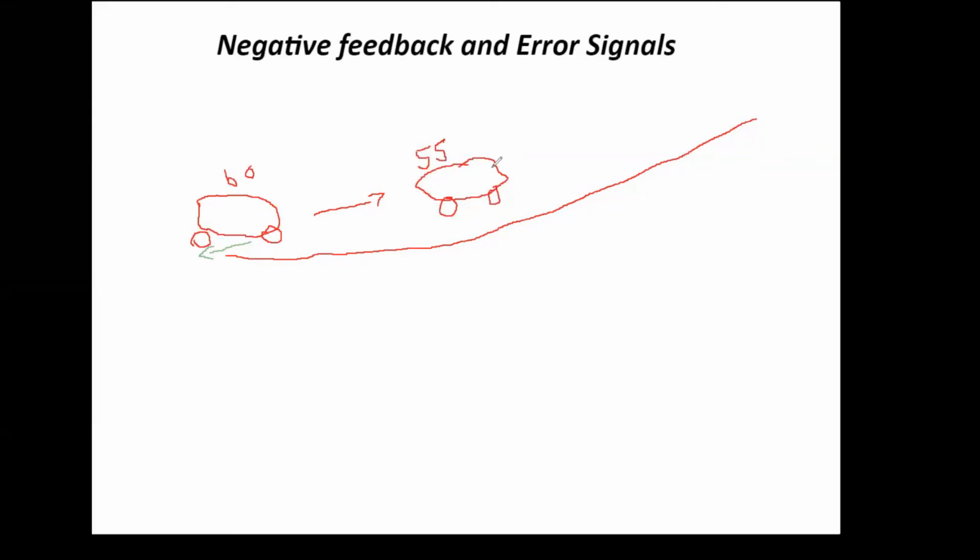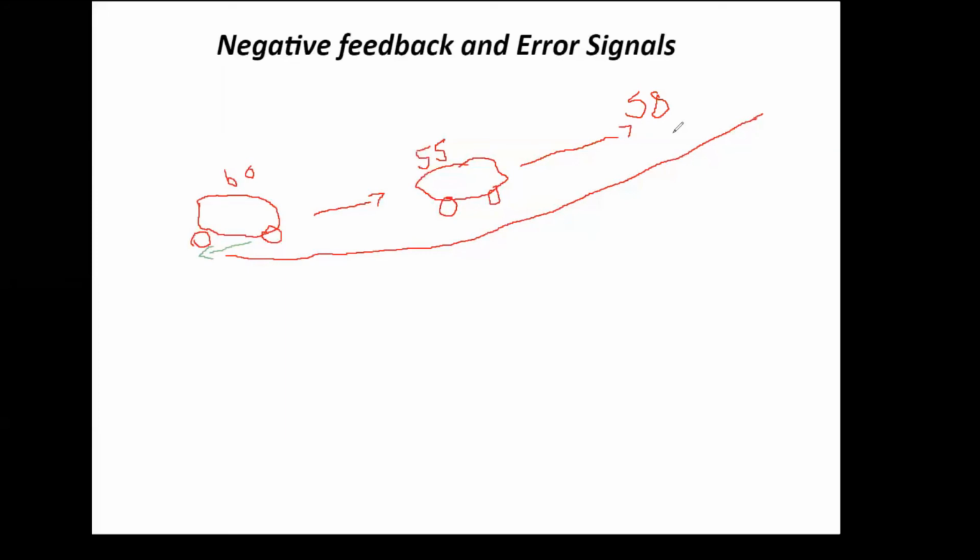But I have my cruise control on, so I want to stay at the same speed. That's the whole point of the cruise control. So as I start to go up this hill, my cruise control is going to give the car a little more gas, give it a little more oomph. And even though gravity is still pulling me down as I continue to go up the hill, my speed is going to slowly start climbing, right? So I'll give it a little gas, it'll push me up to 58.